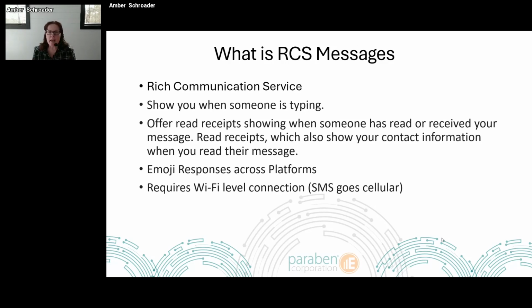So that's big. It also adds improved metadata for us in forensics because we're going to get things like read receipts associated with our messaging. That's great. We like that because it means that our suspect has interacted with our messaging service. So we like getting more metadata. That's always a win for us.